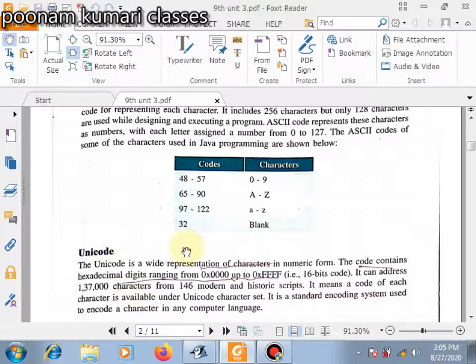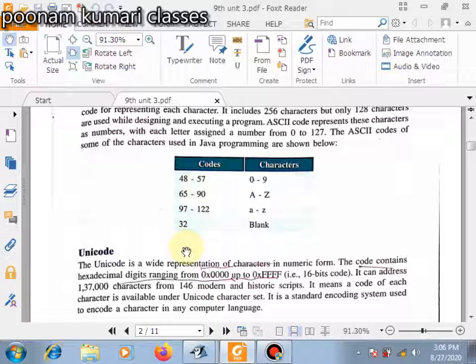In simple language, students, you can understand that there are so many languages in the whole world, and it is difficult for the computer to process all the languages. So a single platform is prepared for that. Some characters are mentioned for some languages, like you can see on Google.